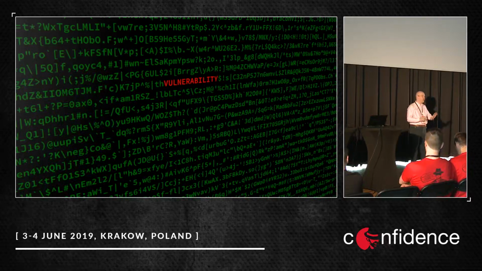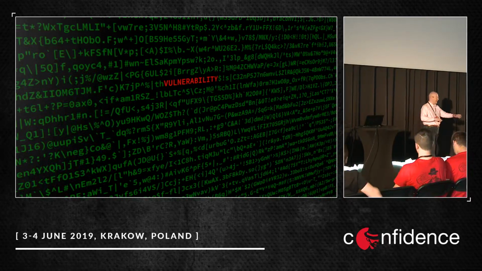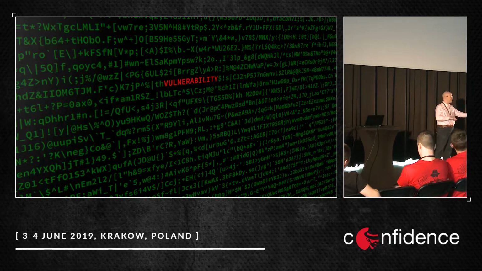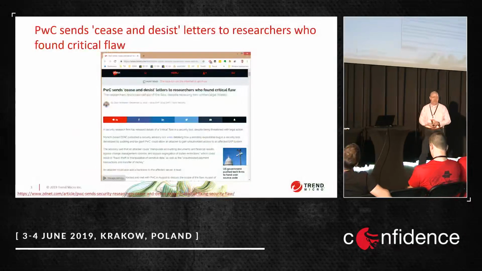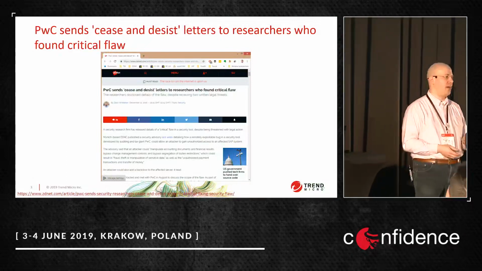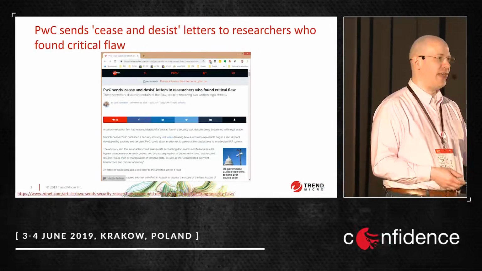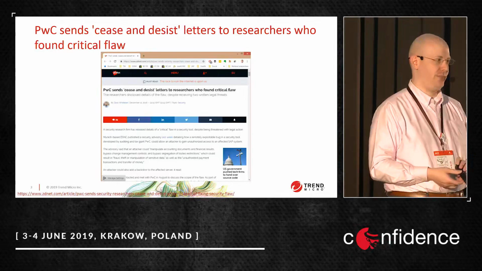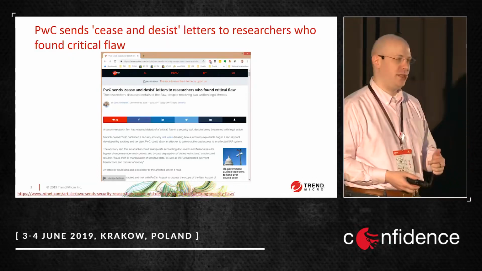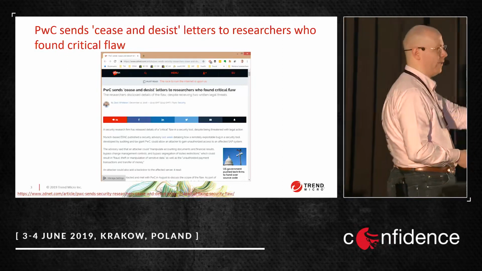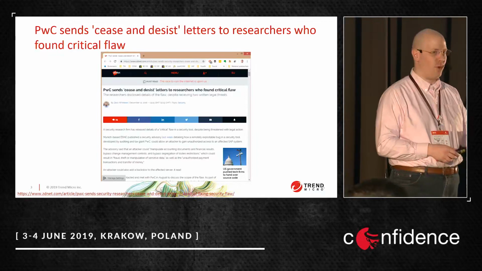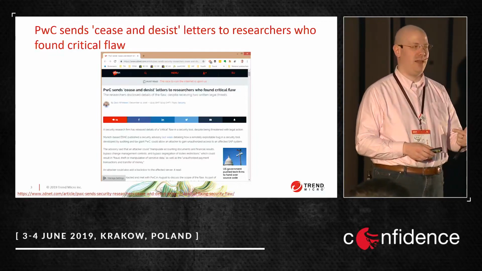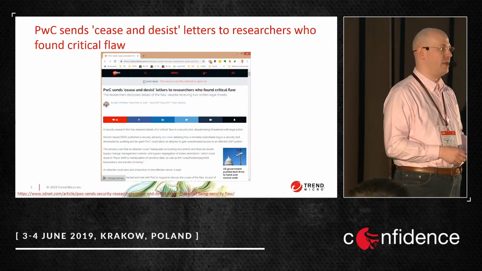So I just picked up a few examples. Now don't get me wrong, I don't want to do any blaming here. It's just a random choice of a few reactions that vendors had when they were notified of a vulnerability. The first one is from PwC, and basically what happened is that somebody found a vulnerability in their internal applications. And the reaction was, well, nice that you found that vulnerability, but if you're going to release it, we're going to sue you. So the first response that they got was actually, do not publish the vulnerability, otherwise you will be in big trouble.